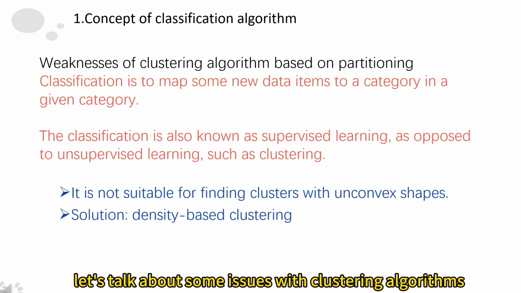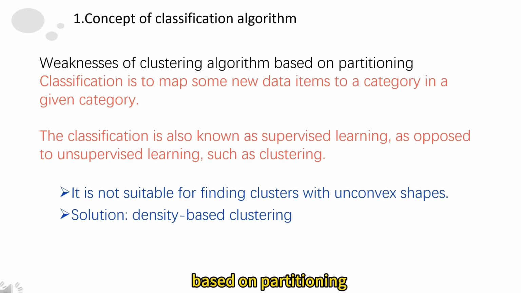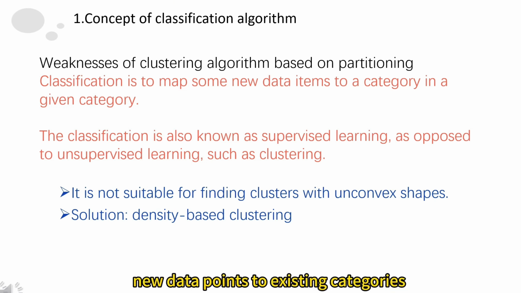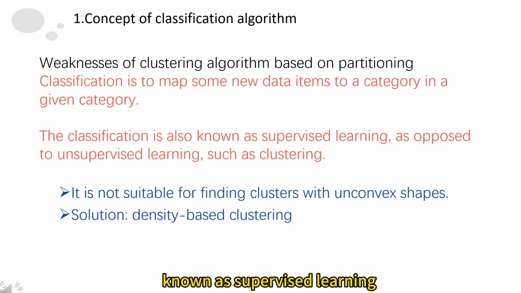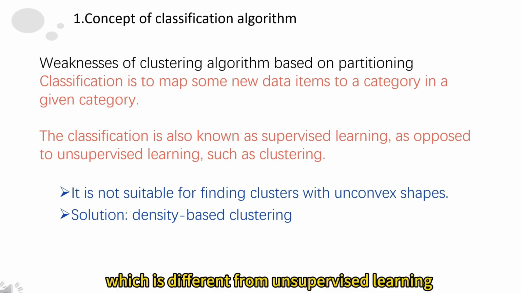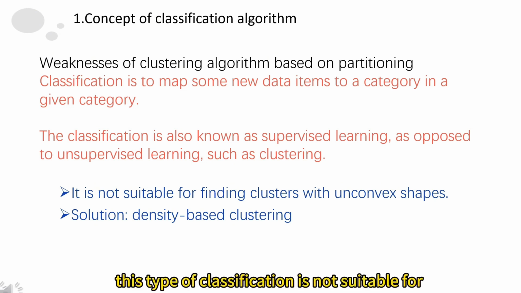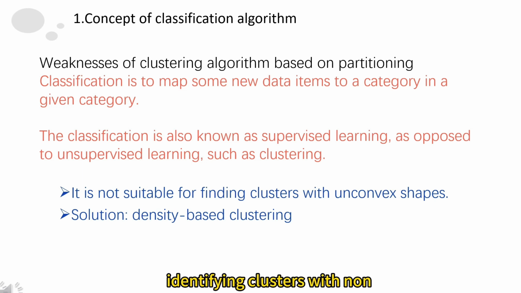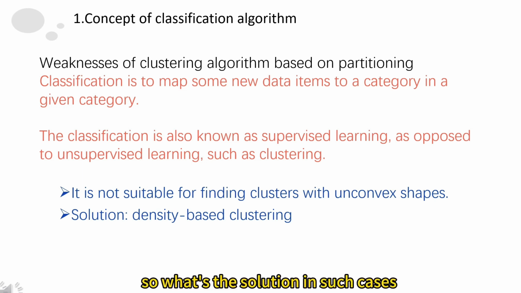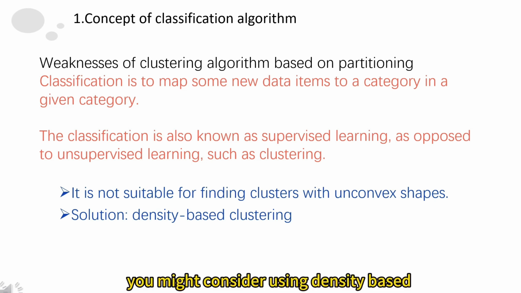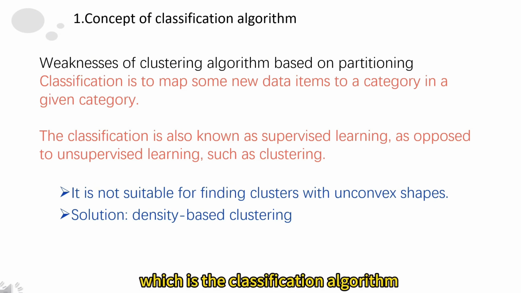Let's talk about some issues with clustering algorithms based on partitioning. Classification is about assigning new data points to existing categories. This process is also known as supervised learning, which is different from unsupervised learning, like clustering. However, this type of clustering is not suitable for identifying clusters with non-convex shapes. So, what's the solution in such cases? You might consider using a density-based clustering method, but we can make use of a new approach, which is the classification